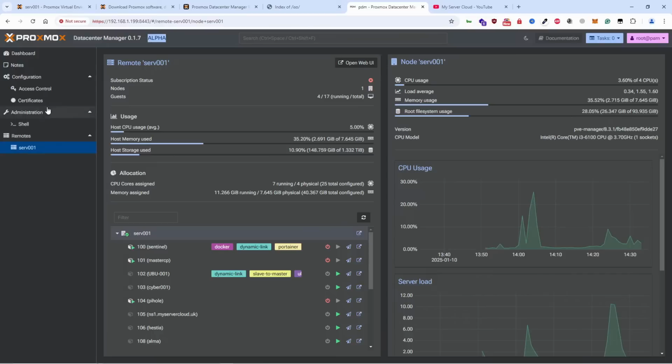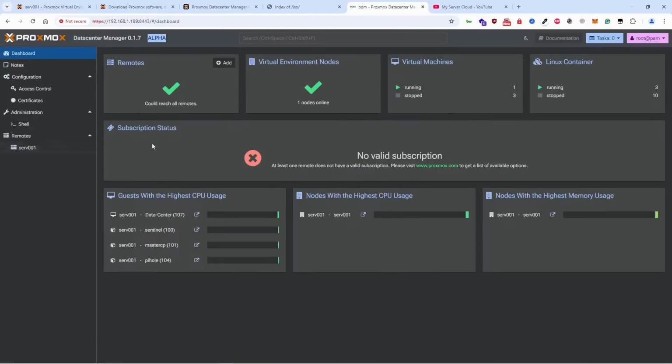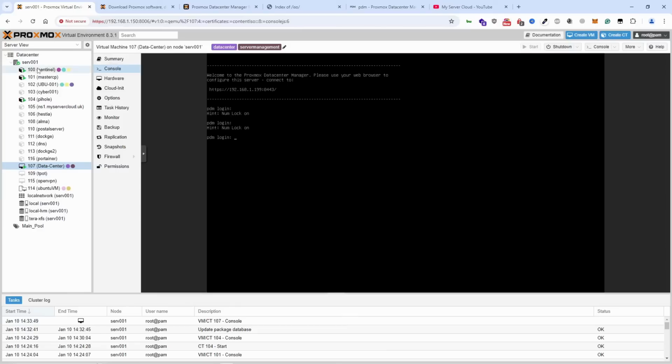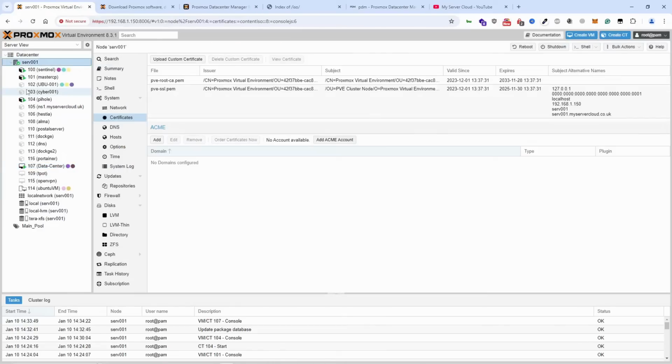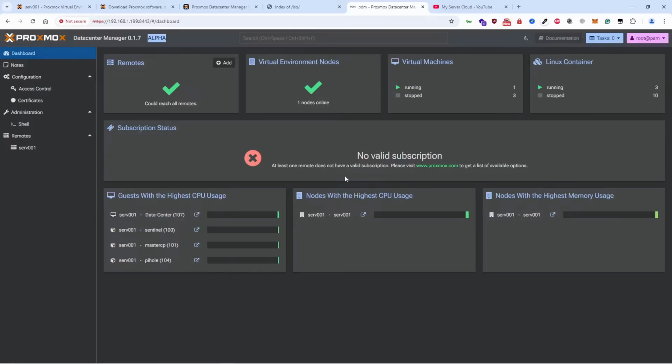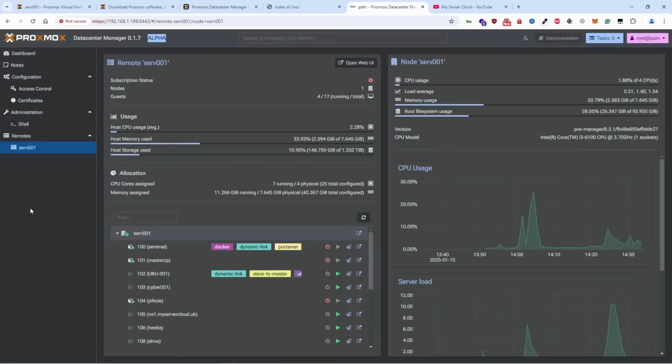Anyway, I meant to press this one. So that's what you get. Logically, you won't get this, right? This is the actual list of which containers or VMs are running. This is the actual node itself. In this case, it will be server 001, right? And anyway, this is automatically done. So to get access to the node itself,